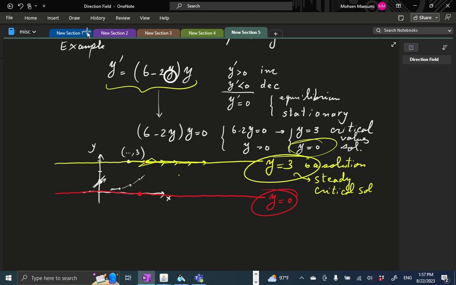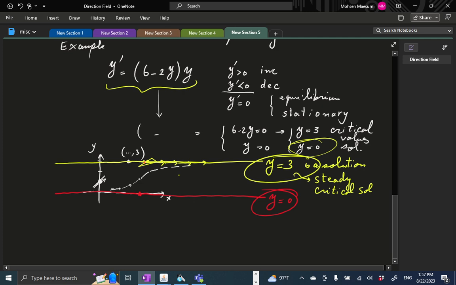Because when y comes close to 3, 6 minus 2 times a number that's close to 3 is going to be close to 0, times y is still close to 0, and my slope is small. So as I go up, my slope becomes less and less, and by the time I come close to this yellow line, I become almost flat. So if I start at some point in between the yellow and the red, I pull myself up all the way to the yellow. Well, what if I start